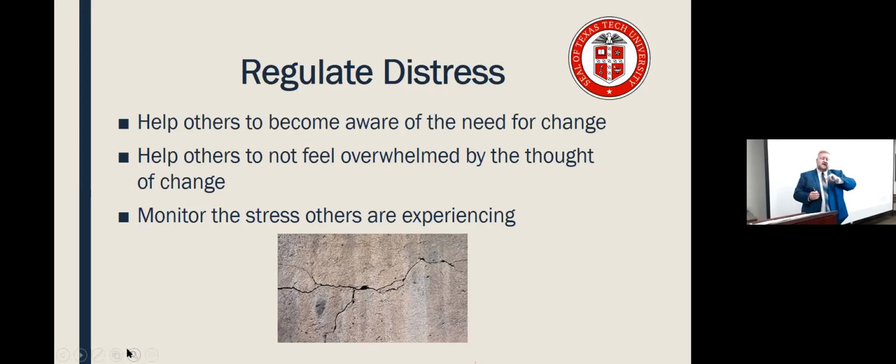I also teach a team development course here at Texas Tech. And one of the things I see happen in the classroom is that one person will try to do the work of everyone else because they don't have trust with their group, or they think things need to be done a certain way. And when you're working with teams and groups, you have to be willing to let everyone participate. And so sometimes we have to monitor the stress, including our own stress.